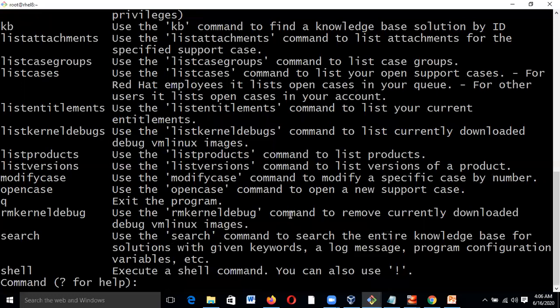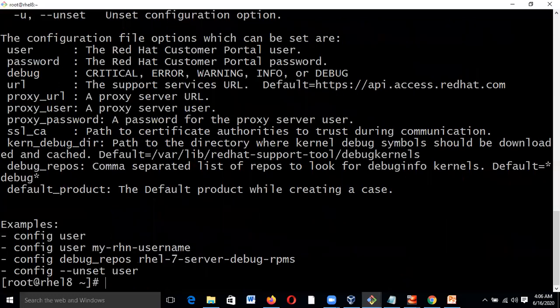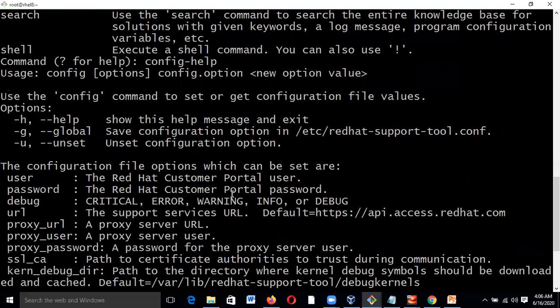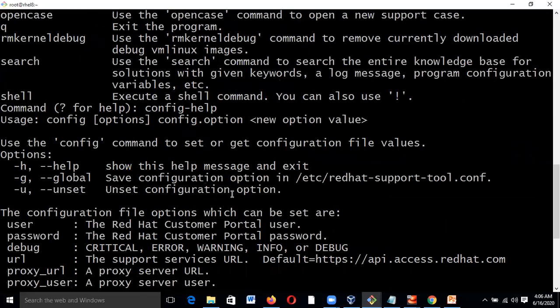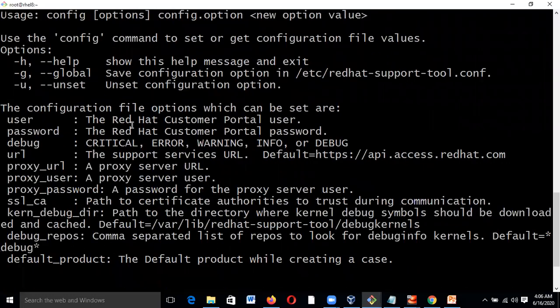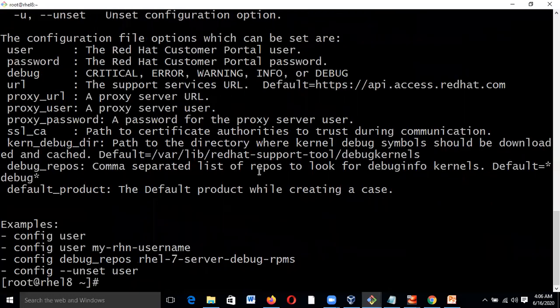So if you want config help, you can see that config help is giving a lot of options. The Red Hat Customer Portal user, critical, any kind of error, debug reports, that you can do. So if you have subscriptions, you can